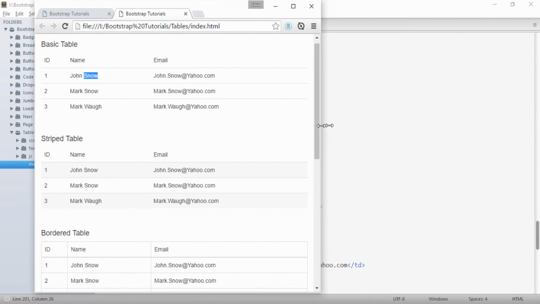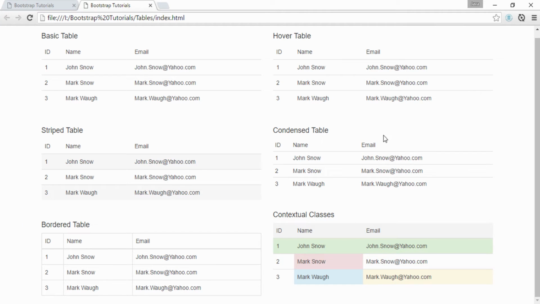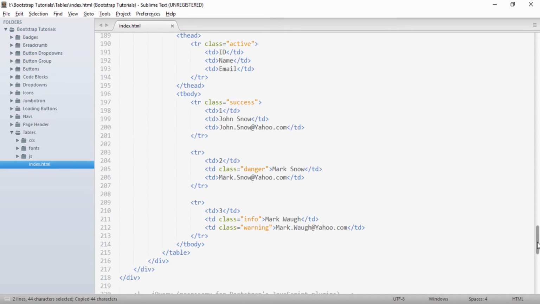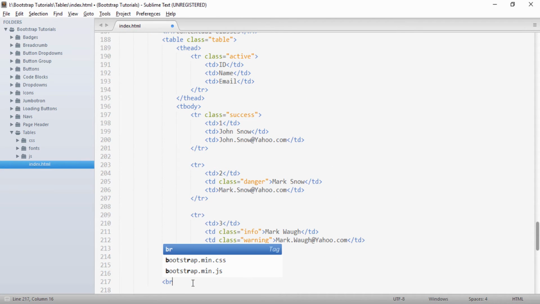So in order to make a table responsive, we need to provide a class. There is a Bootstrap class, table-responsive. So let's go to our text editor and see how we can create a responsive table. Just below the table, I will create a br.